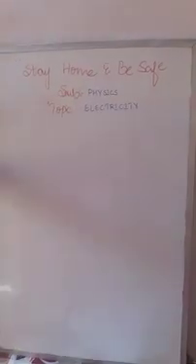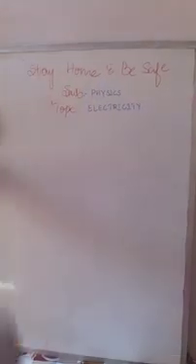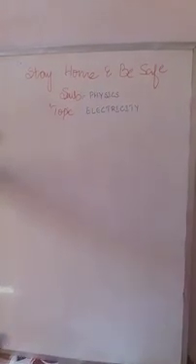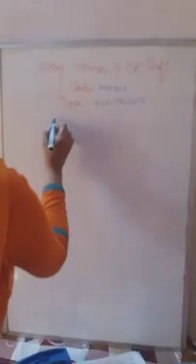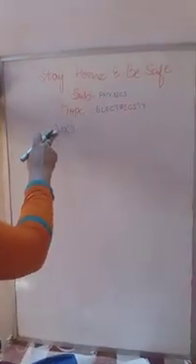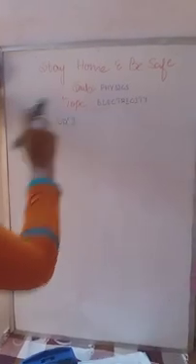Today we have to discuss the continuation part in the lesson electricity. Yesterday we learnt about Ohm's law and the factors it depends on. And one more thing I want to tell you about Ohm's law. This is the Ohm's law you learnt yesterday. V, the potential difference, is directly proportional to the electrical current.